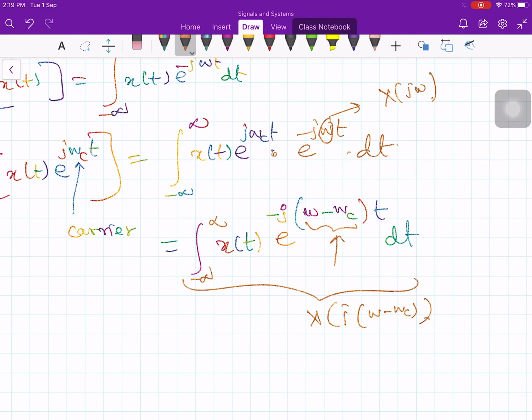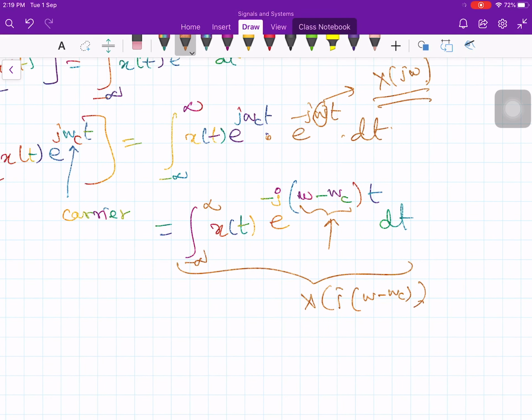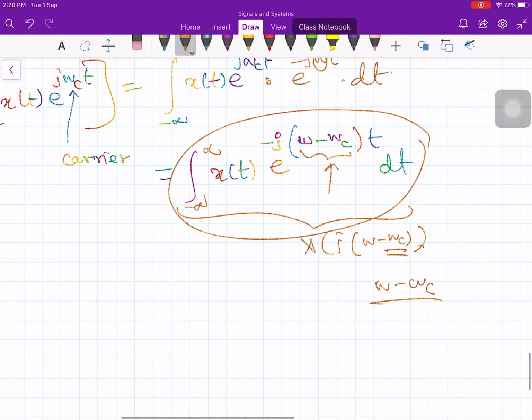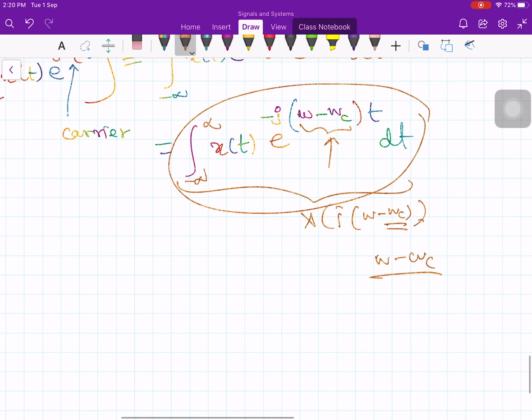Now here the Fourier transform is x of j omega, and this is also the same as the Fourier transform x of j omega, except that the spectrum gets displaced by an amount omega c. So whatever value it takes at a particular value of omega, it takes the same value at omega plus omega c. So this is again an important relation which will be useful in the context of amplitude modulation of signals, where x of t is really multiplied by e to the j omega ct.